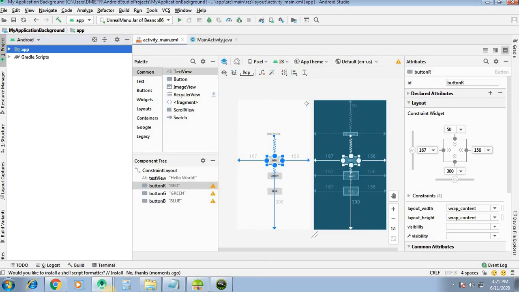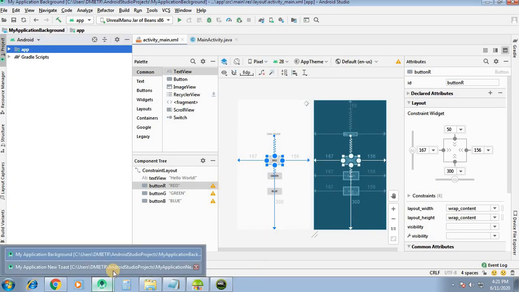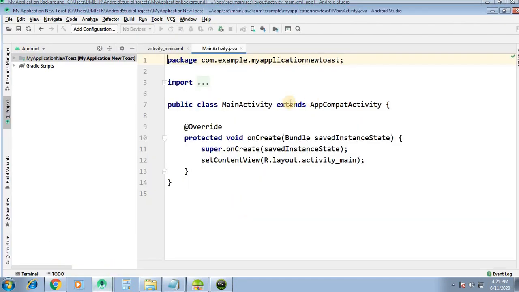So our project is loading now. This is how our project is loaded. In order to create the toast, we have to create an object of Toast.